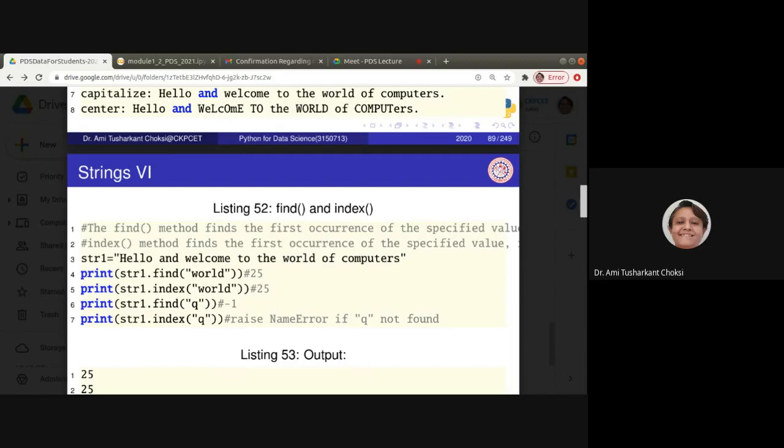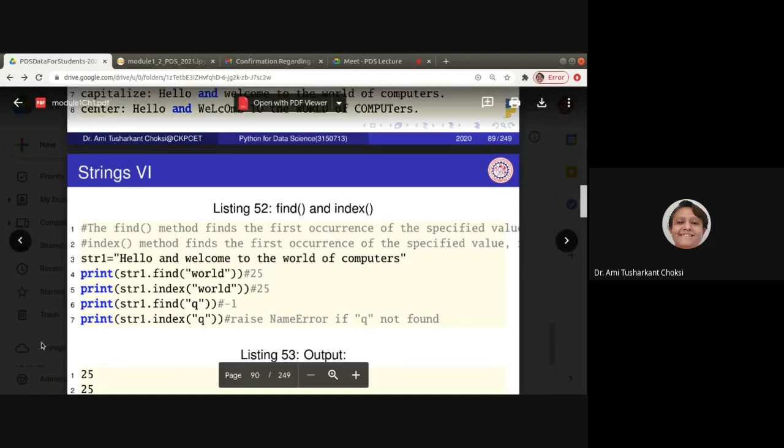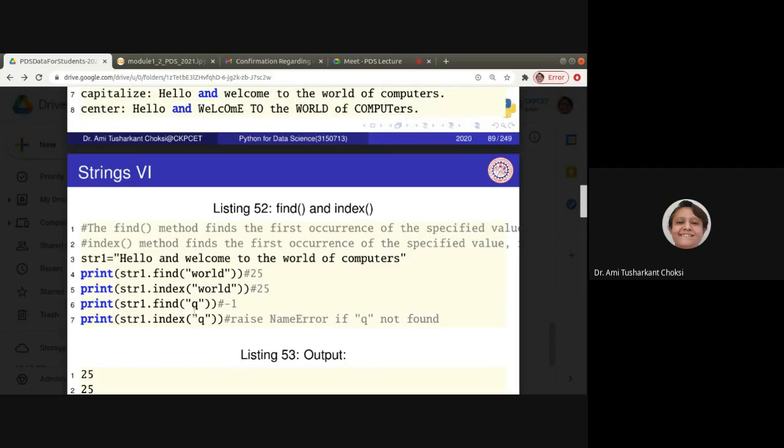But what if the string is not found? Now the difference is there in the output. Let's see. Print str1.find("q"). Q is not available in this one. So that will give us -1 if find is being used, and if we are using index, it will raise an error saying Q is not found.